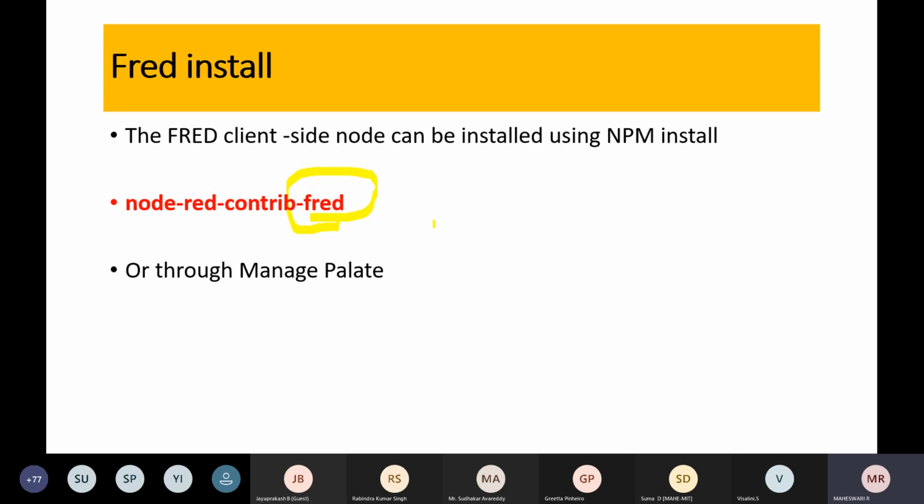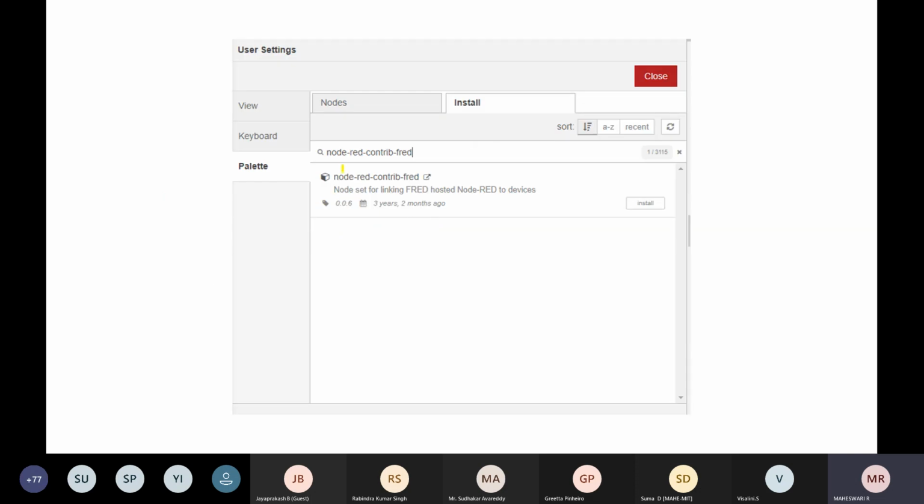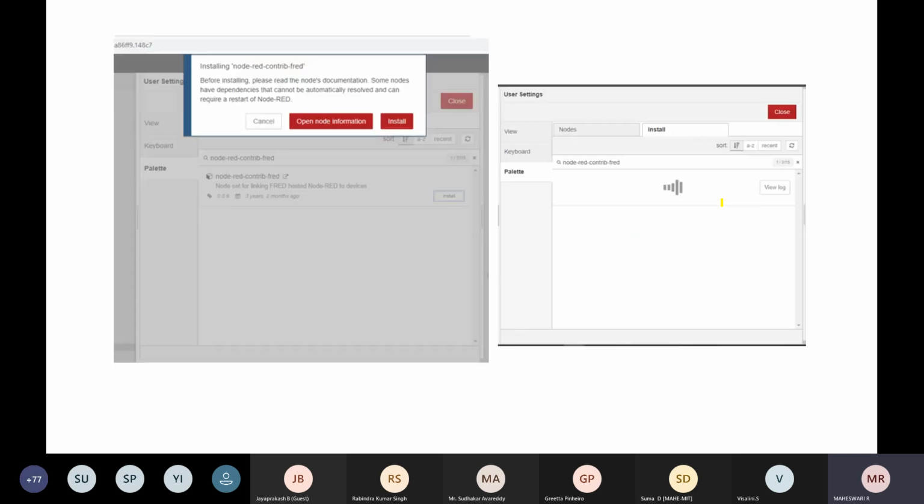As usual, go to manage palette, go to the install option, and click this. It will pop up. You click install to install it. I'm talking about your local machine, that is, your Node-RED platform which we have on our device. So you can click install.